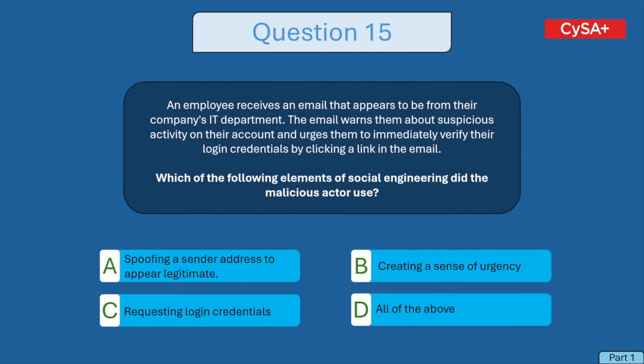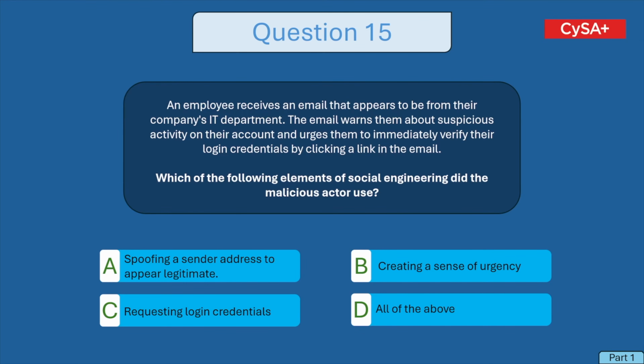A. Spoofing a sender address to appear legitimate. B. Creating a sense of urgency. C. Requesting login credentials. Or D. All of the above. Okay, so let's go through each one here to see if the element was used. So for A,